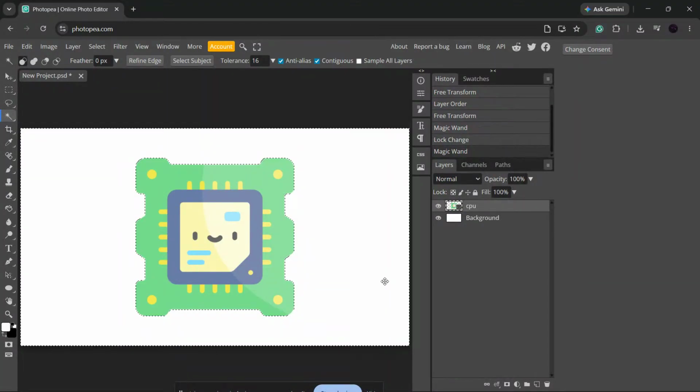If you want to change the background in Photopea, whether that means filling a solid canvas with a new color or replacing an entire scene with a different image, you're in the right place. In this video, I'll walk you through both methods step by step so you can pick the one that fits